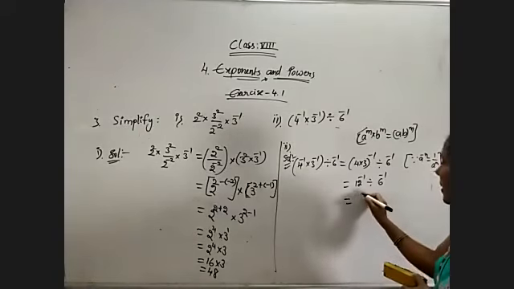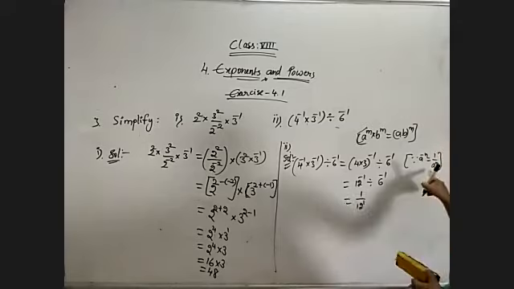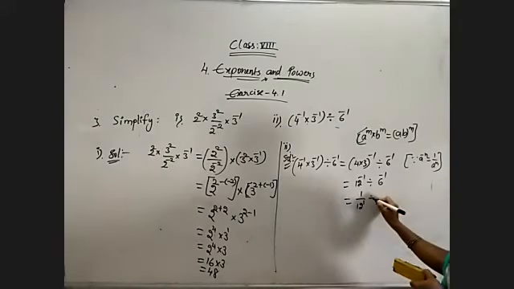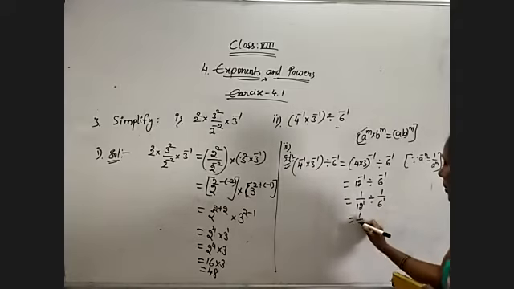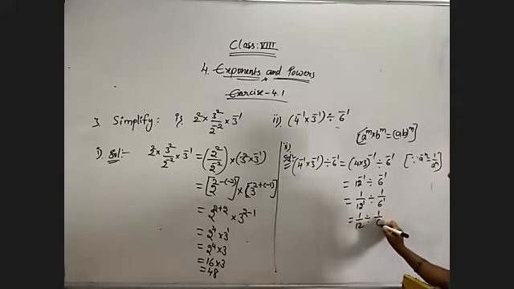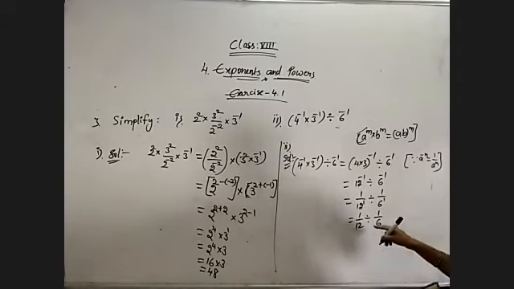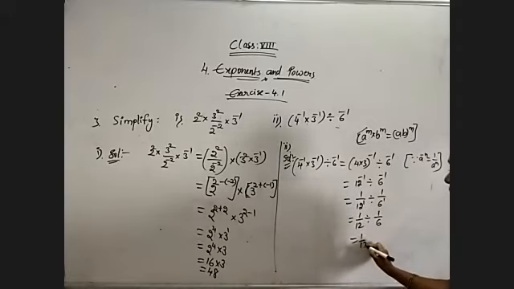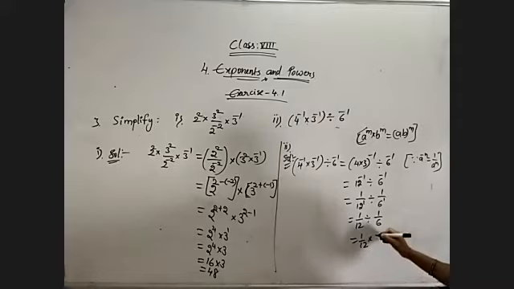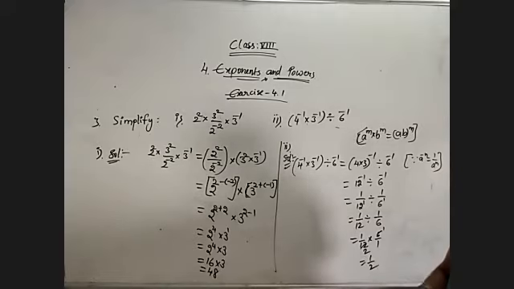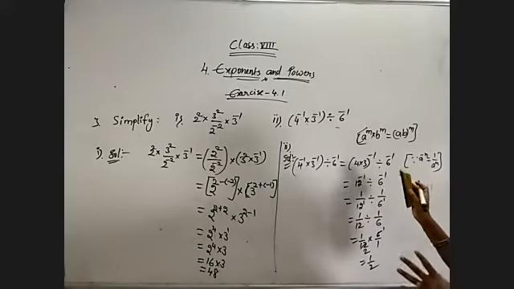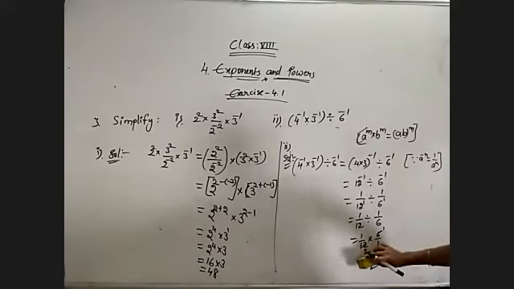12 to the power of minus 1 is 1 by 12 to the power of 1 according to this formula, divided by 1 by 6 to the power of 1. So 1 by 12 divided by 1 by 6, because any power 1 is equal to that number itself. Now take the reciprocal of the second fraction, that is 1 by 6, by taking its reciprocal 6 by 1. 6 1s are 6, 6 2s are 12. So 1 by 2. Anyway we can do, no problem. If you know the laws of exponents properly, you can definitely solve any of the problems given in exponents.